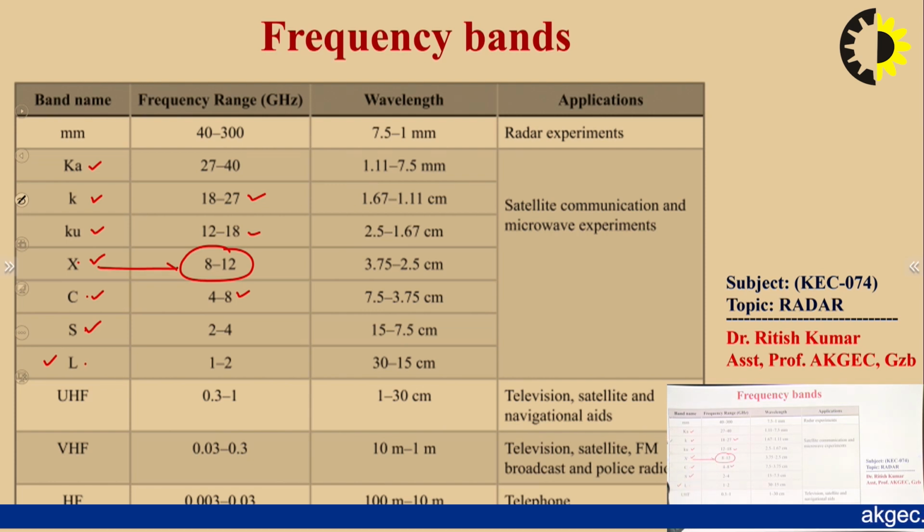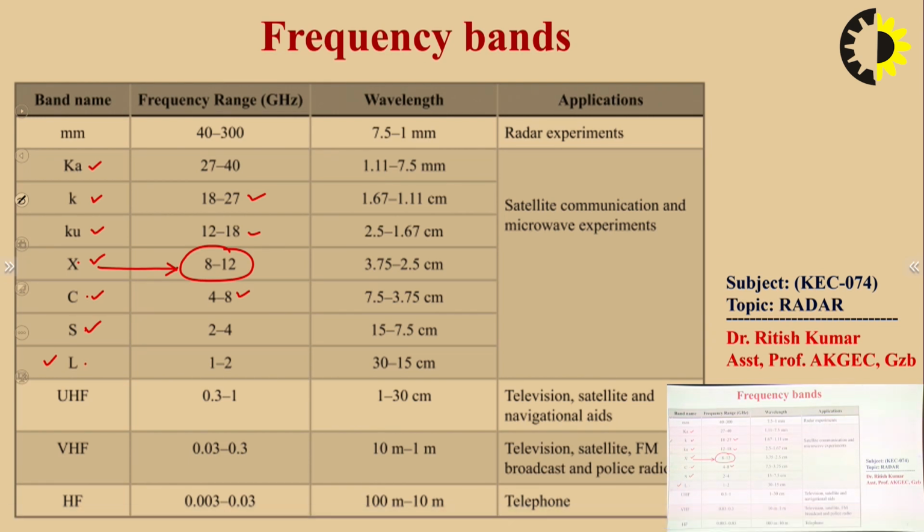So in our laboratory we have X band components, such as the X band waveguide, X band attenuator, X band matched terminators, etc. All the dimensions of the waveguide are chosen in such a way that it can work in the X band